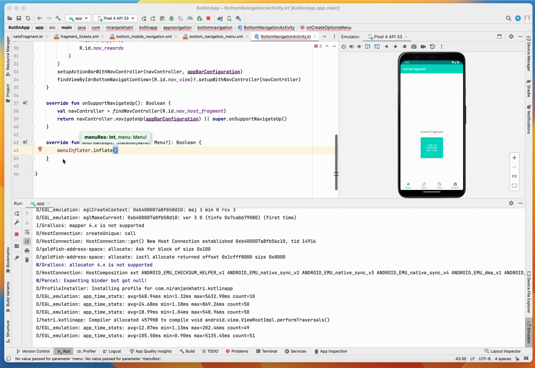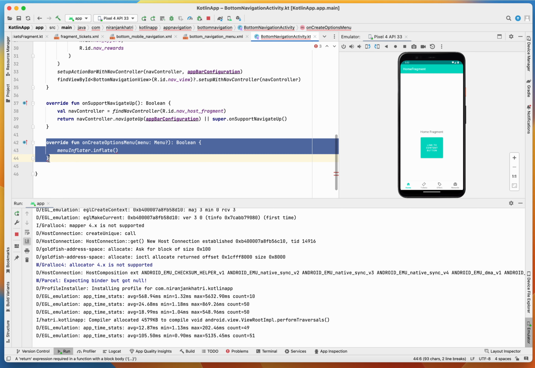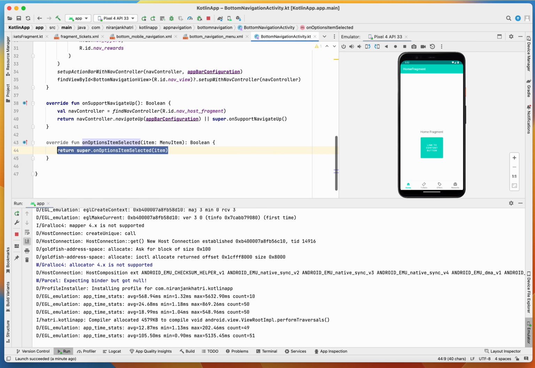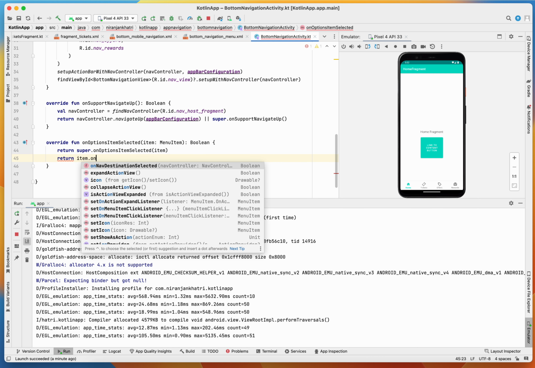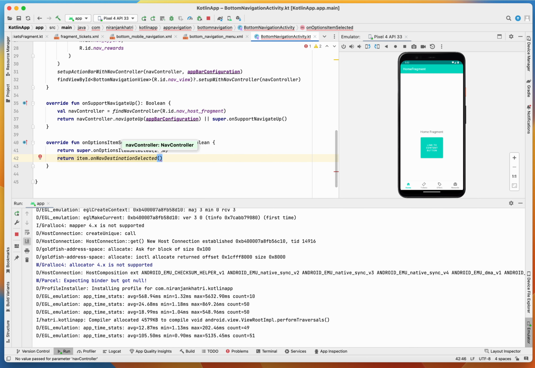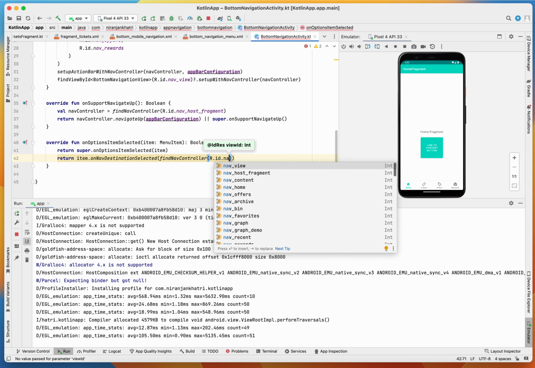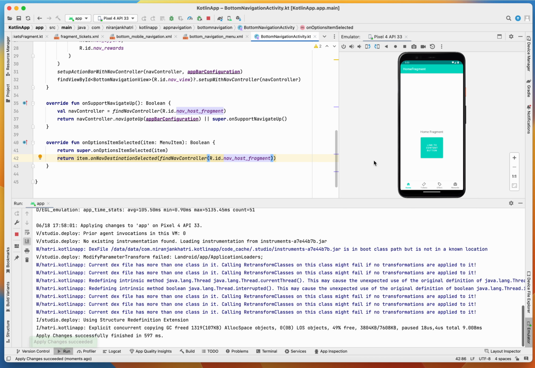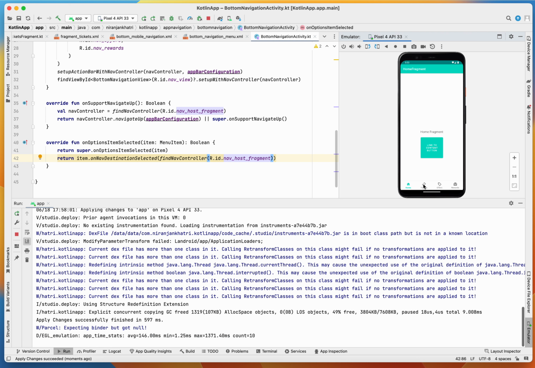No, actually we have to do options item selected, return the item on navigation destination selected. We find the navigation controller, nav host fragment. Okay, so now we must have the navigation working,